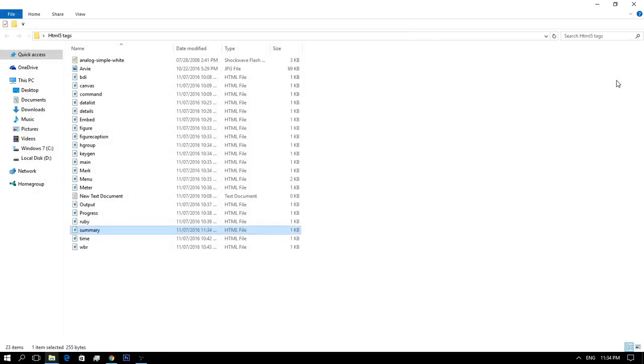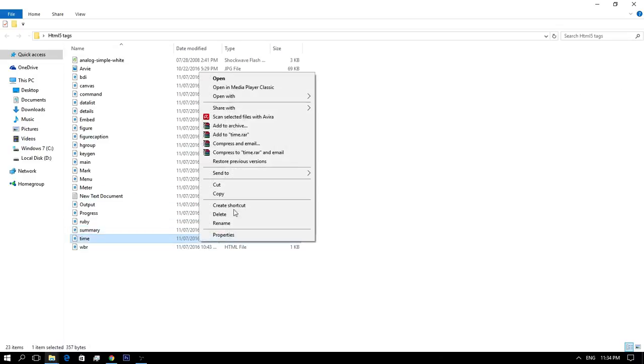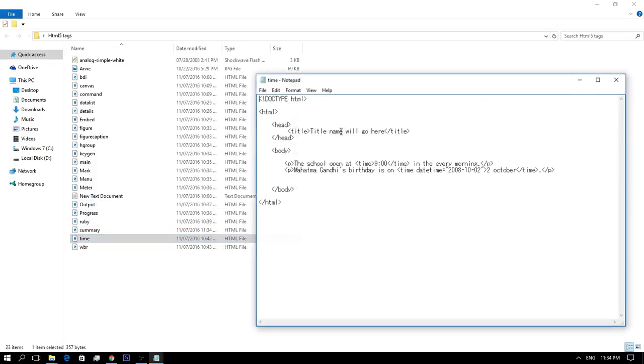So let's now move to the time element tag. The time element tag represents either a time on a 24-hour clock or a precise date in the Gregorian calendar, with optional time and time zone information.